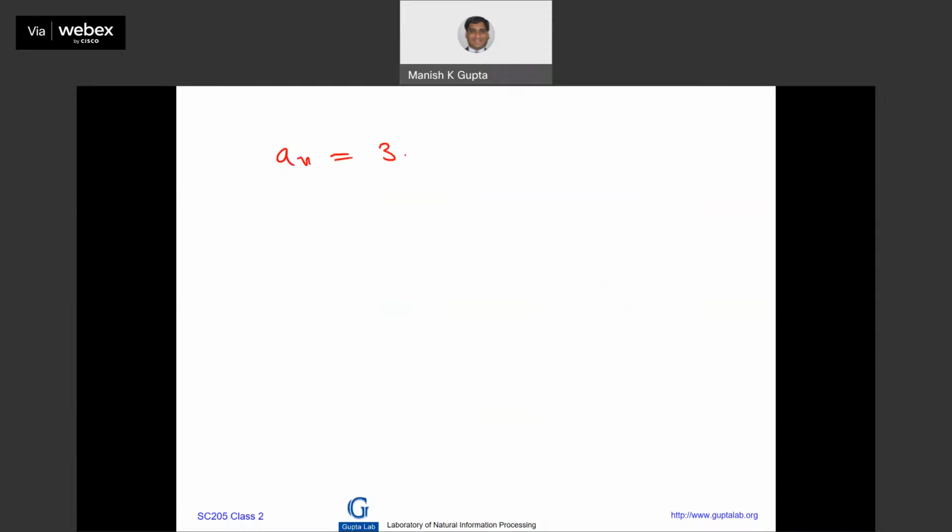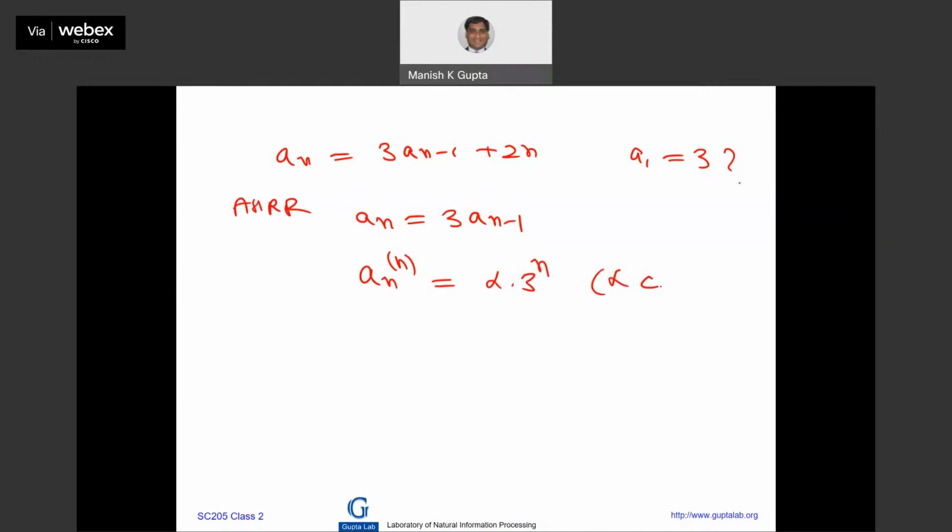a_n = 3a_{n-1} + 2n, a_1 = 3. You have to solve this. The associated homogeneous recurrence relation is, when the 2n part is 0. You can solve it. This is alpha times 3 raised to n, where alpha is a constant. Now, by trial, we seek a particular solution of the form a_n =